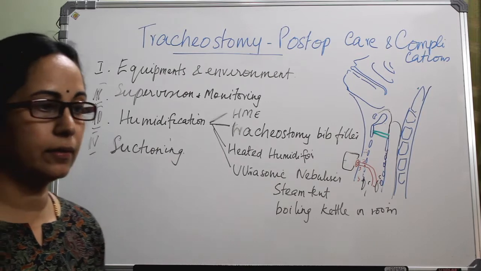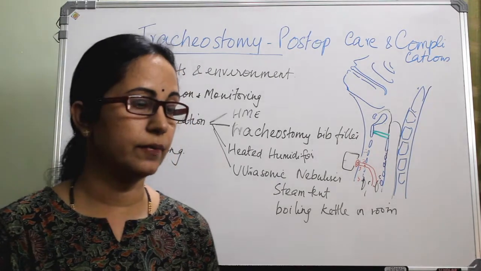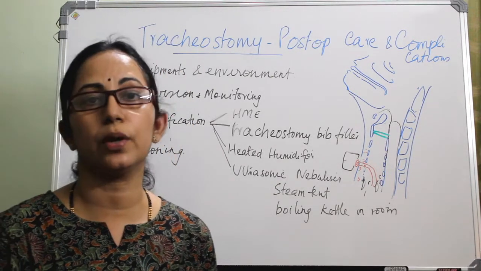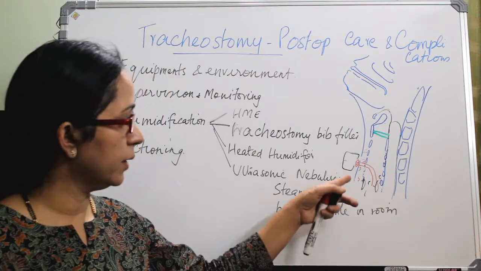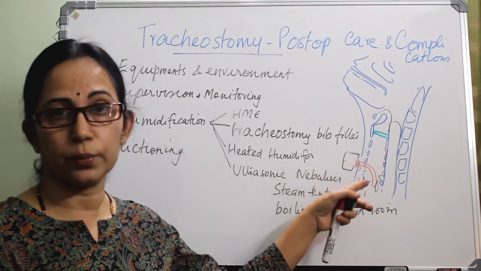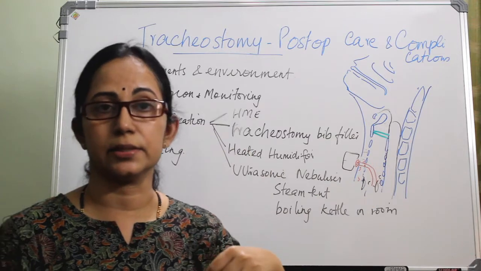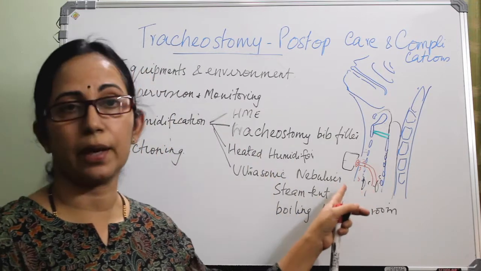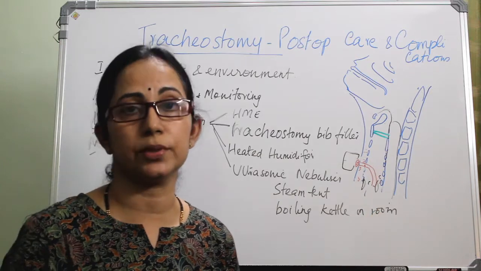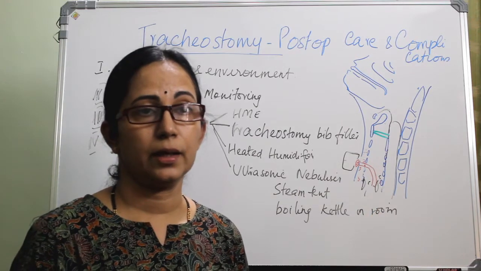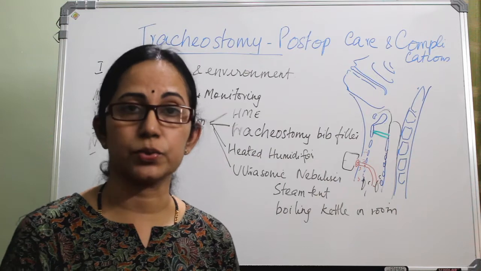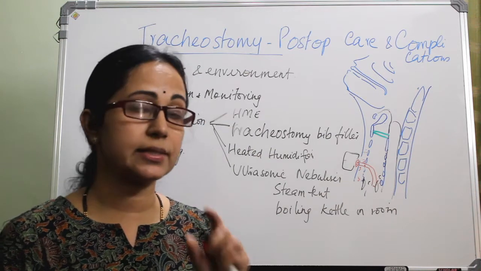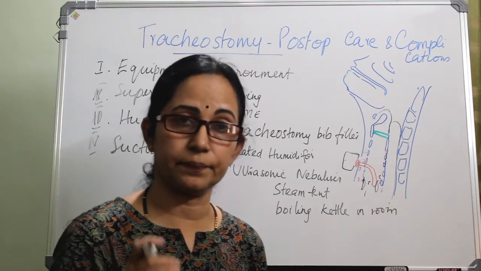The suction will remove the mucus, maintain a patent airway, and also avoid tracheostomy block. Through the tracheostoma we have to insert the suction catheter. If you are not careful, there is a chance of damaging the trachea and injury to the tracheal walls. That can cause excessive bleeding or many other problems. So extra care should be taken while suctioning.